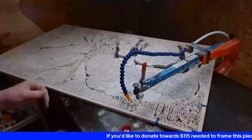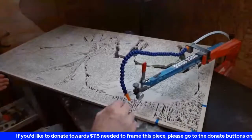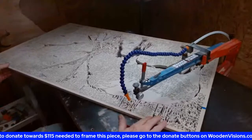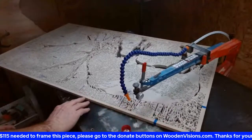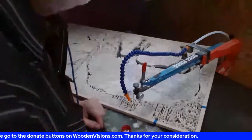I'm trying to think how to show you how I do the bottom feeding. Sometimes it works, sometimes it does not. I'm trying to find a dang visual,